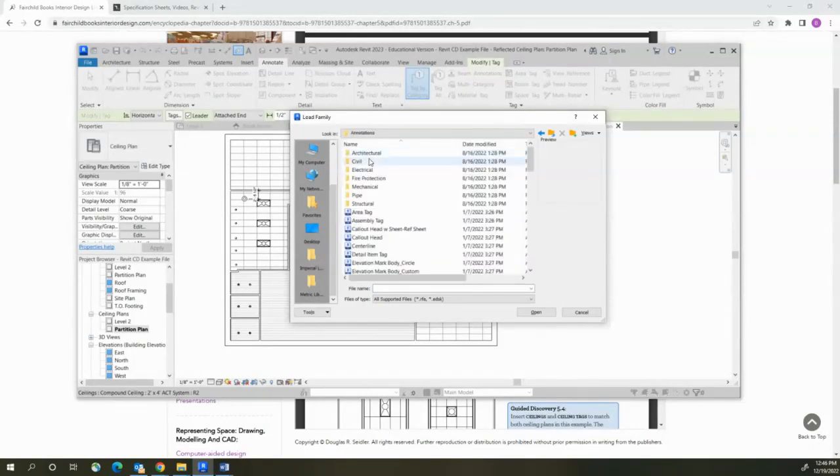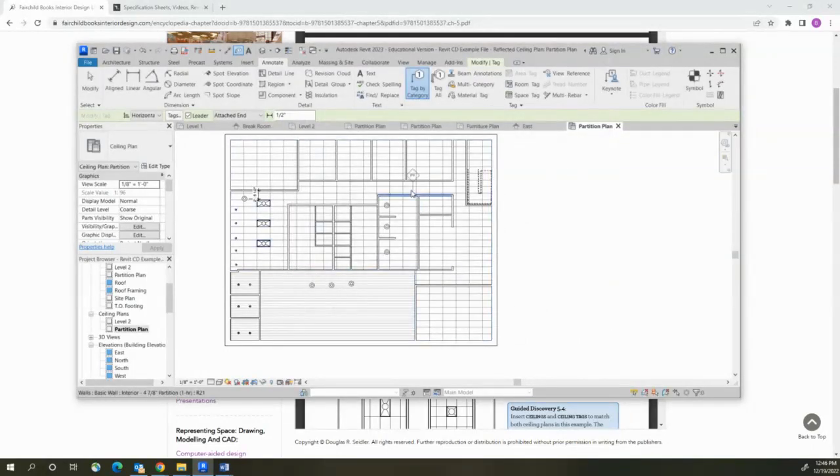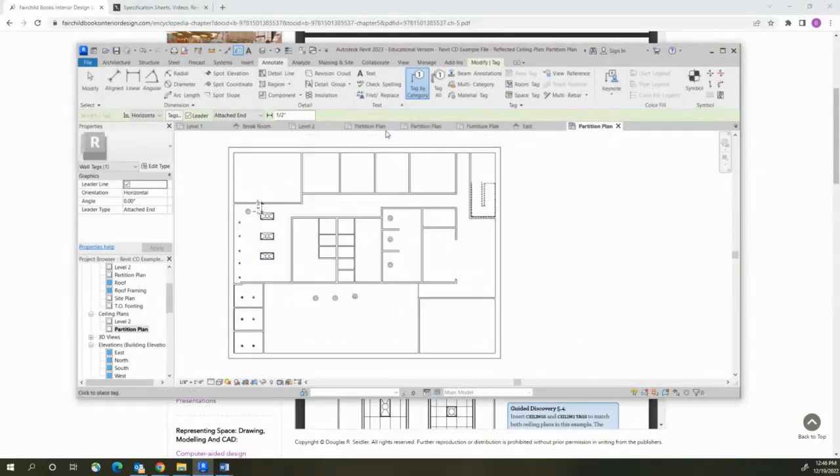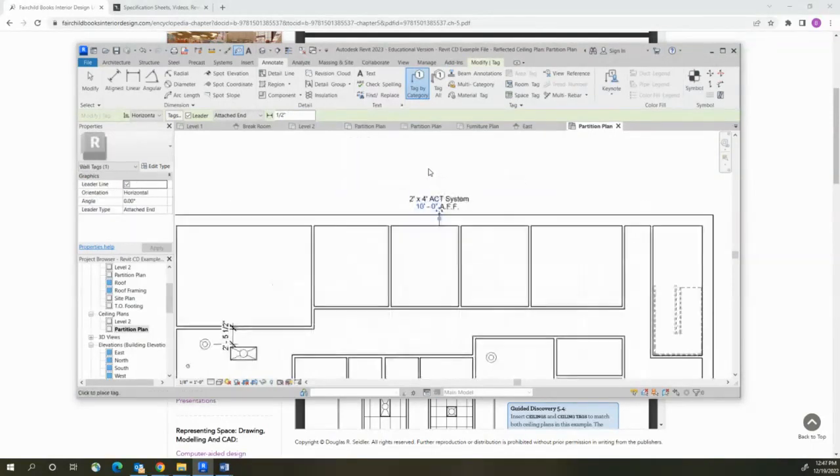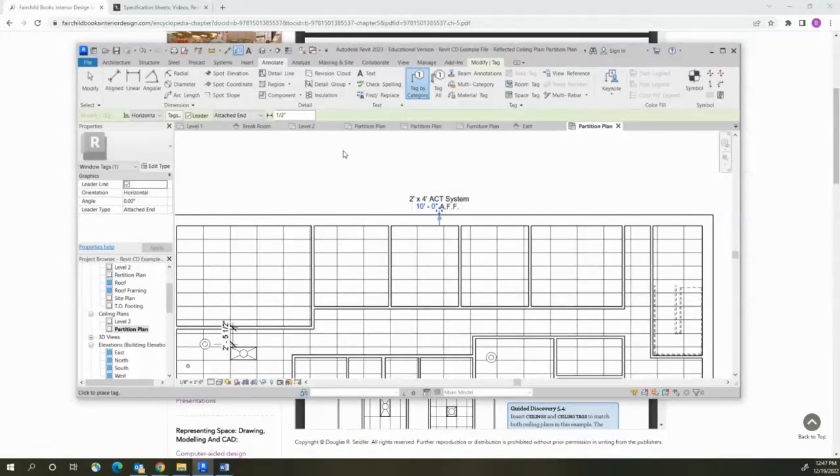I'm going to go to Annotations. I want to go to Architectural, and you can see I have Ceiling Tag or Ceiling Tag with Height. We are going to want Ceiling Tag with Height. So we're going to hit OK. And now when we hit it, it's going to place that for us and tell us what type of ceiling and